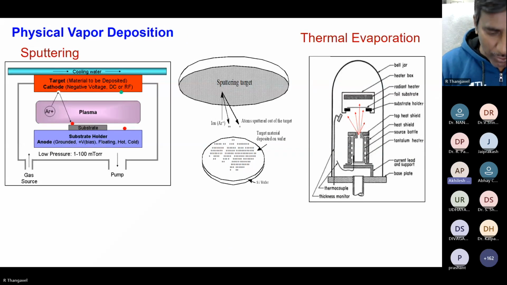Physical deposition, I think I have explained, but I will try to do it again. In physical vapor deposition, basically the sputtering, in which the target